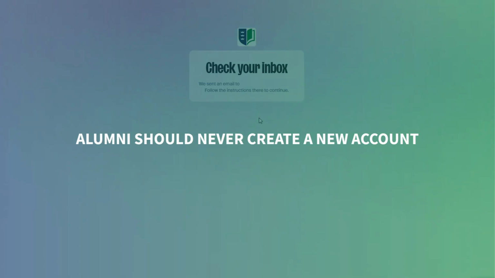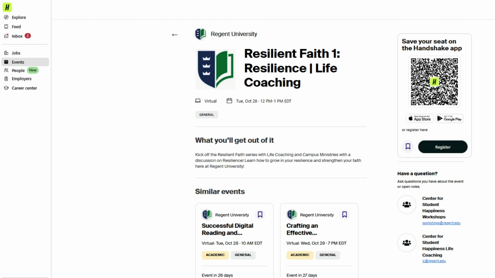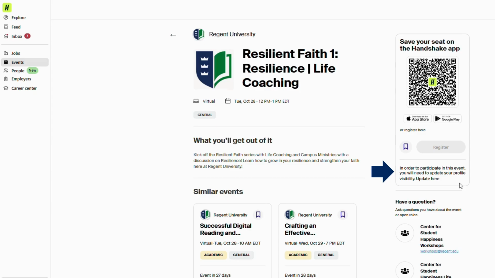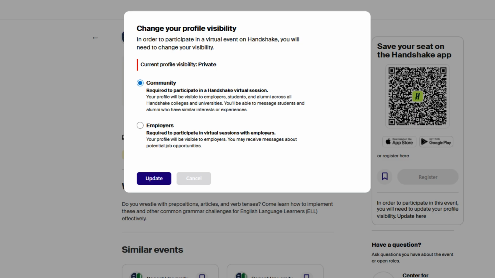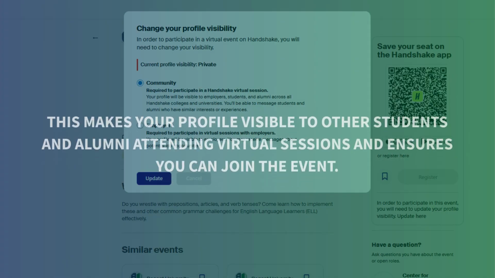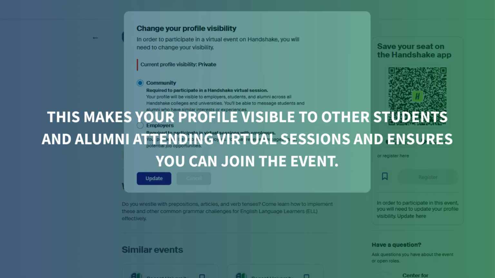Once you're logged in, you'll be taken back to the event page. From there, simply click Register. Note, Handshake may prompt you to update your profile visibility before you can complete registration. To continue, select Community. This makes your profile visible to other students and alumni attending virtual sessions and ensures you